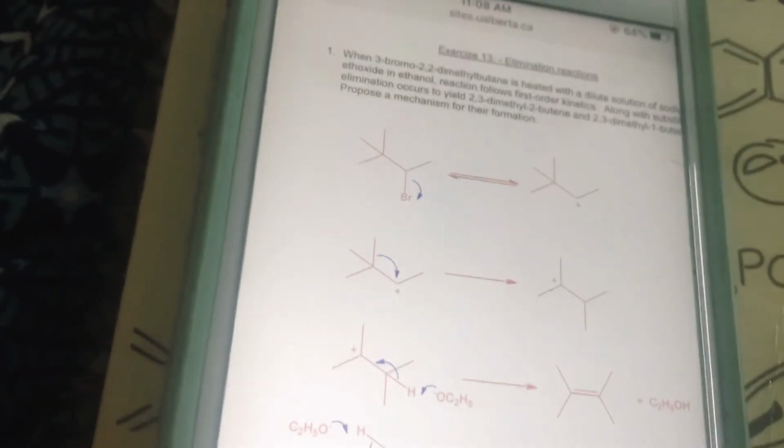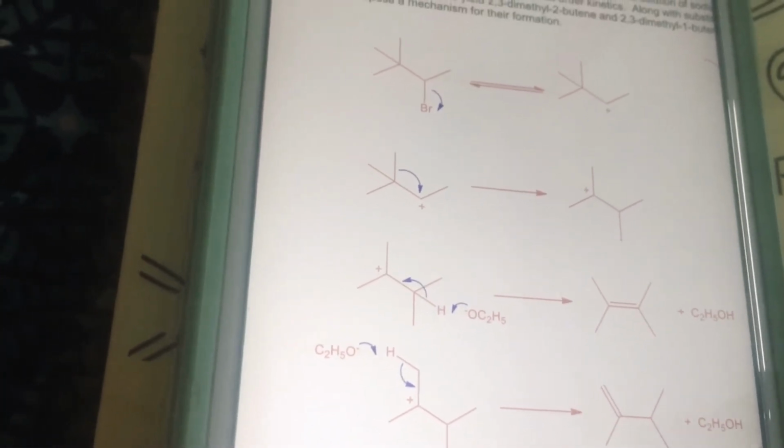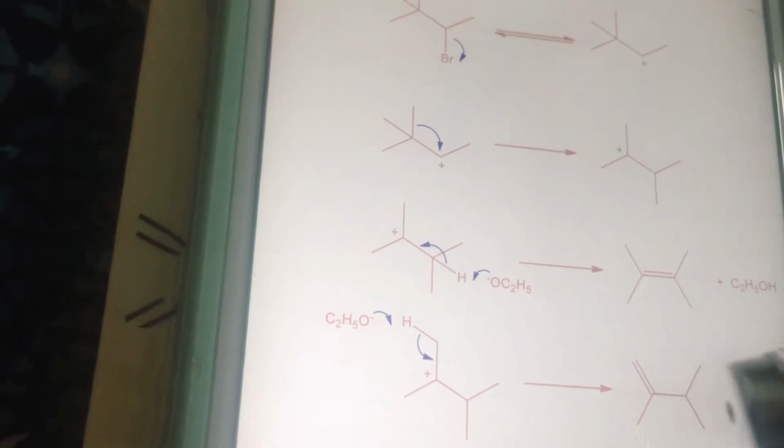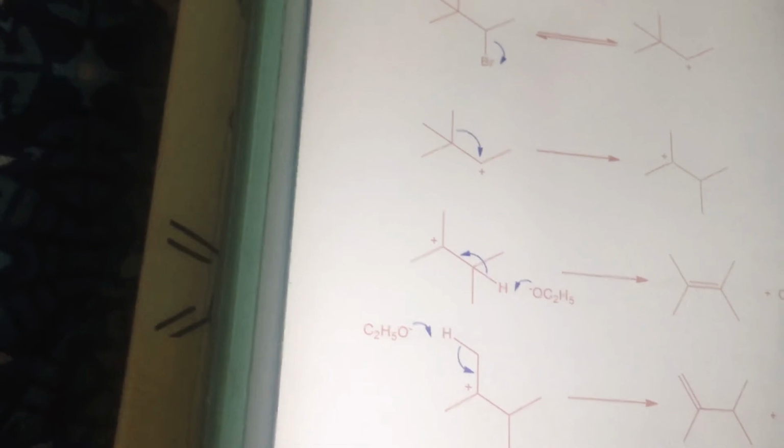As the methyl group is shifted, you are getting a new carbocation at this position. This new carbocation can undergo a beta elimination from this hydrogen to give the thermodynamically more stable 2,3-dimethylbutene, or if the temperature is very high, it can undergo Hofmann elimination from this beta carbon to give you a less stable 2,3-dimethylbut-1-ene. That is question number 1.